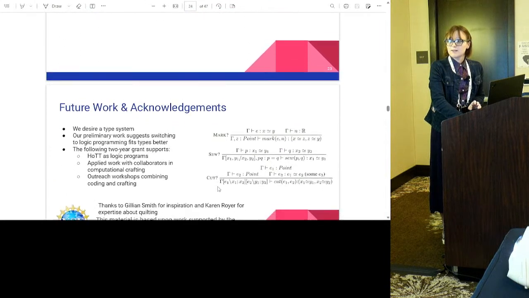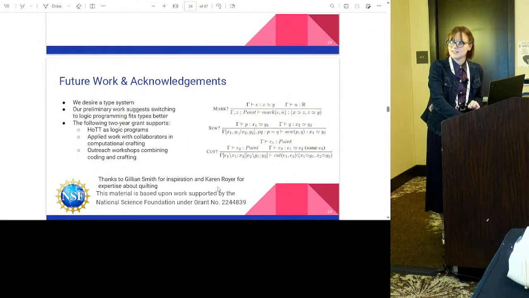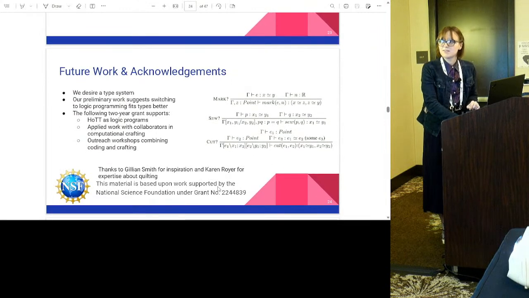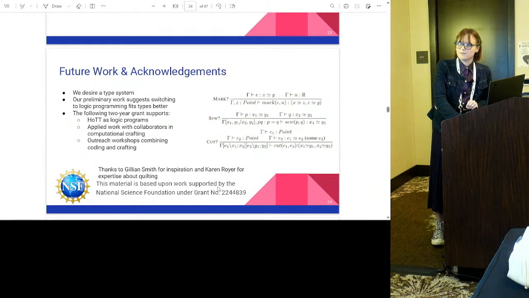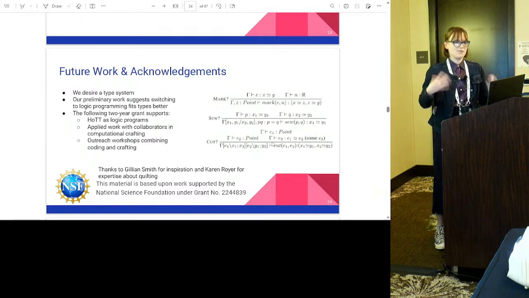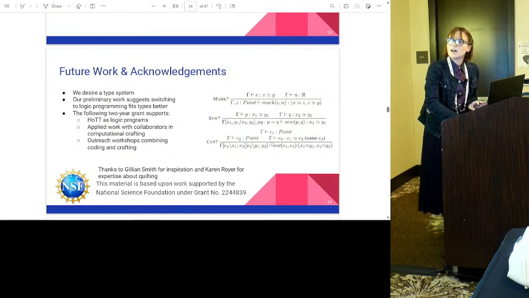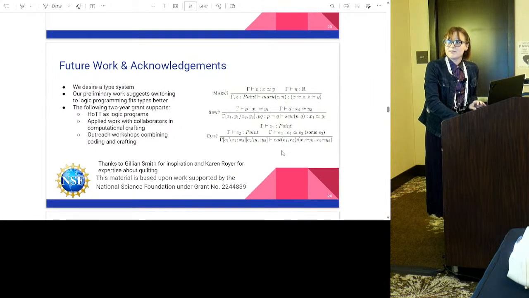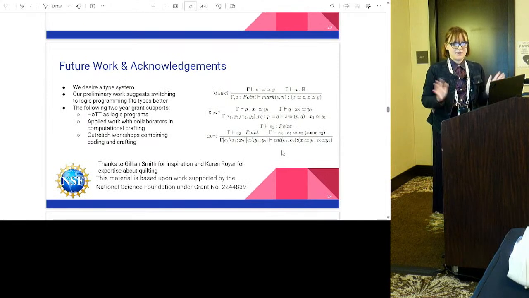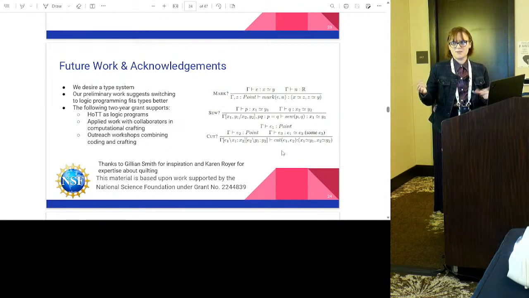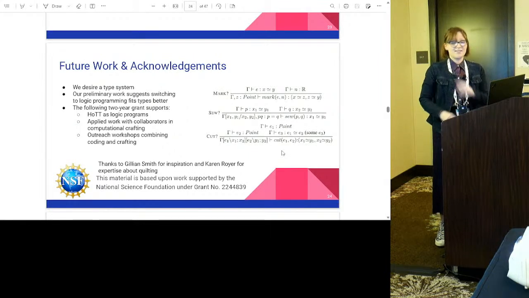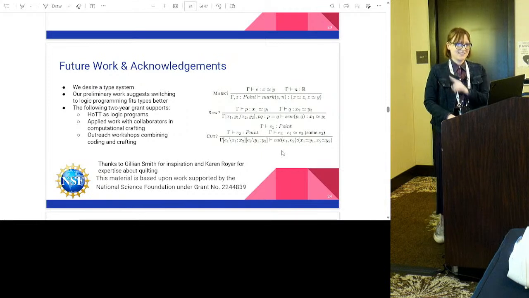For future work, we desire to have a type system. We've started some work on it, but it ends up with some confusing and complicated syntax because you have to say whether or not something is already in the shape versus not in the shape for some of the operations. There are distinctions that we would have to develop a little further. Our work right now is a kind of imperative programming language, which is not great. They're probably going to change that going forward. But luckily, there is going to be a going forward because the grant got funded based on this work.